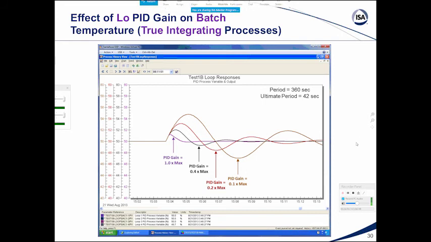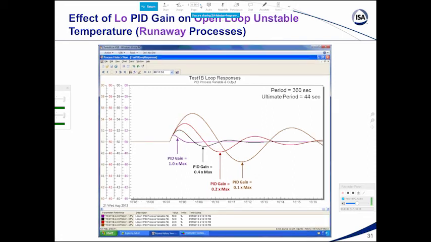And then we have integrating processes if we have a batch operation, say for temperature, and the problem is even worse. And if we get into highly exothermic reactors, that can be runaways. And I know technically they should never be designed for that, but for very high polymerization rates, there can be operating regions. I've seen it where it is a runaway, and you can't have enough cooling, and it blows over to the flare stack.